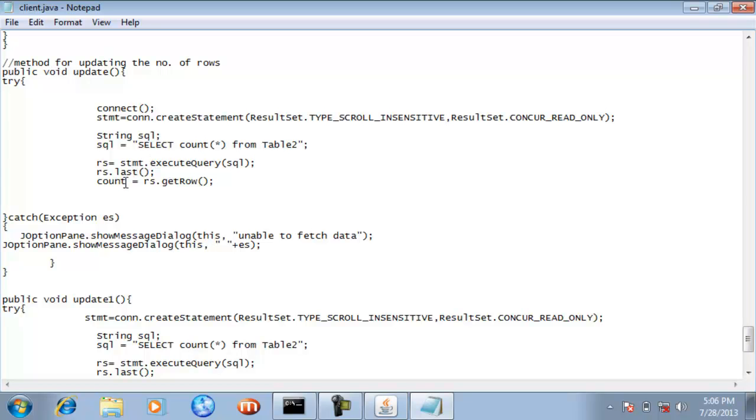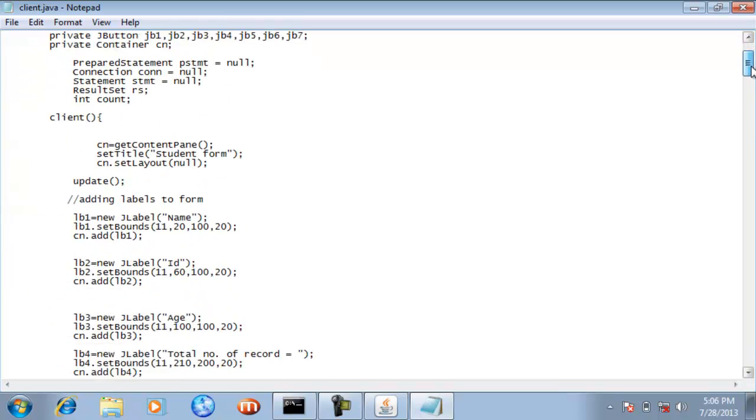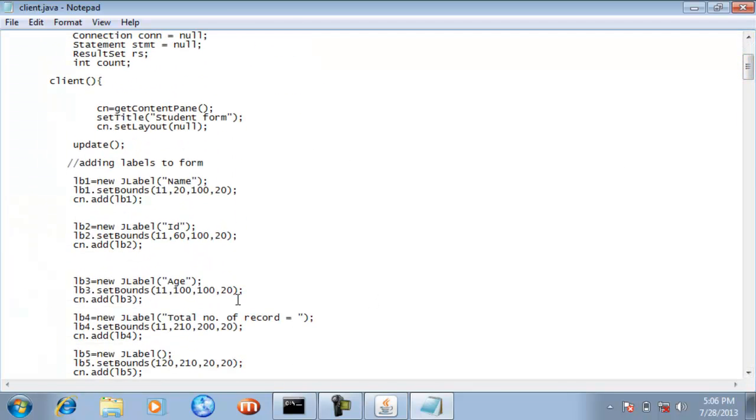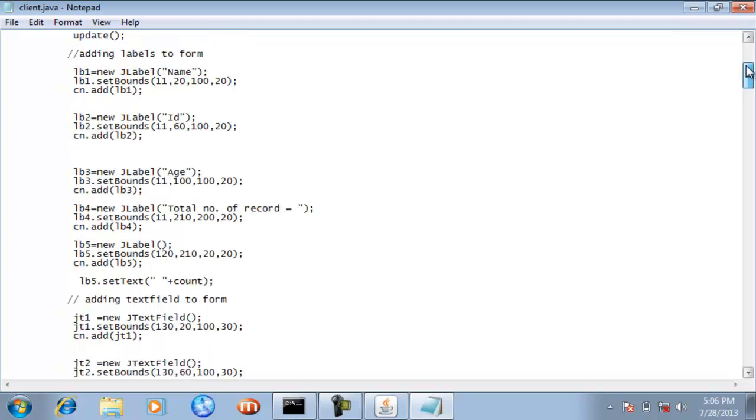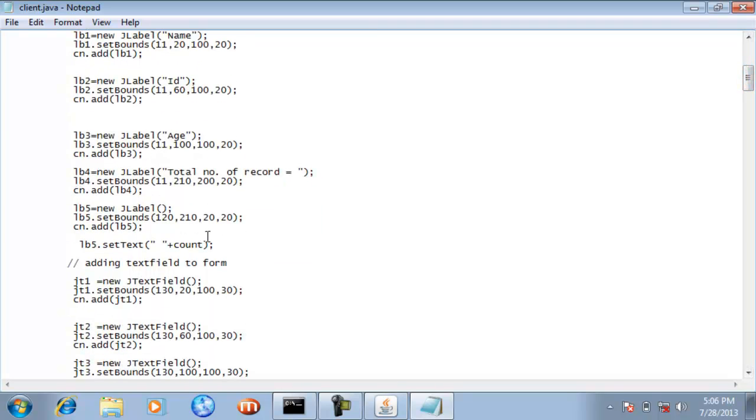So now this count variable has the value of the total number of rows. After the execution of that update method, all these things will be done. And here is one important thing: we have created lb5, which has no argument here.